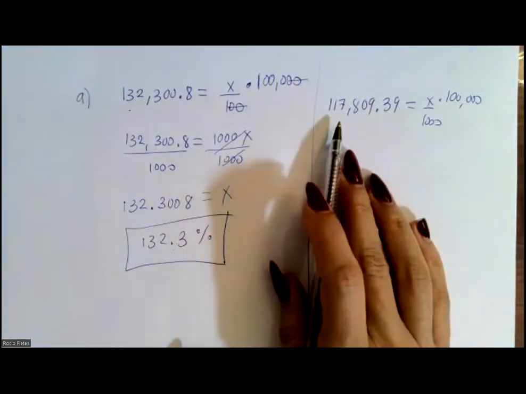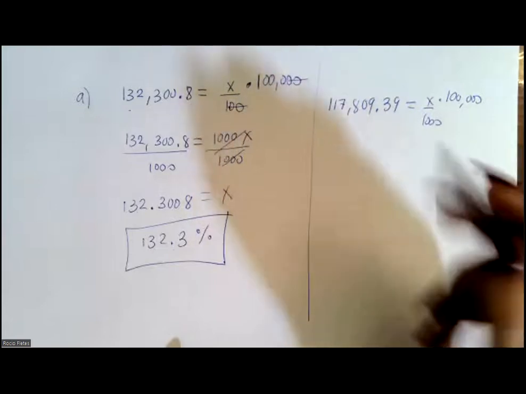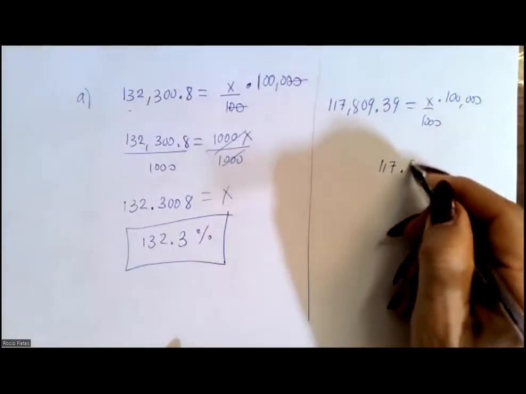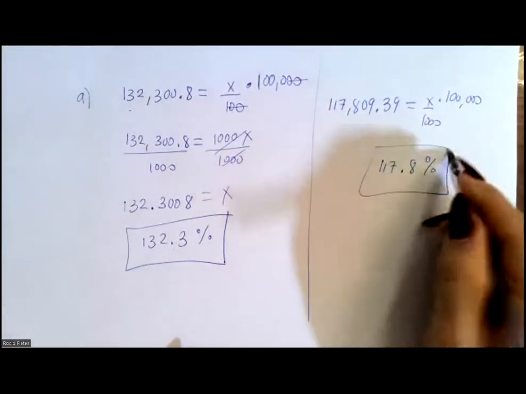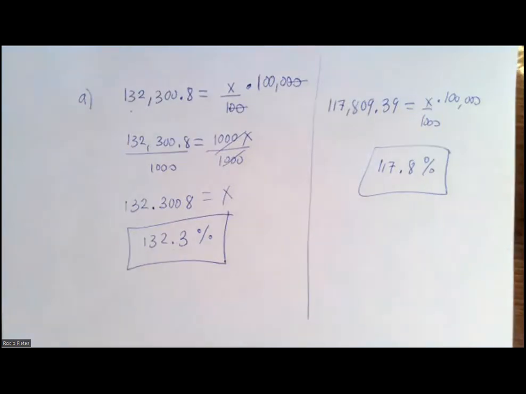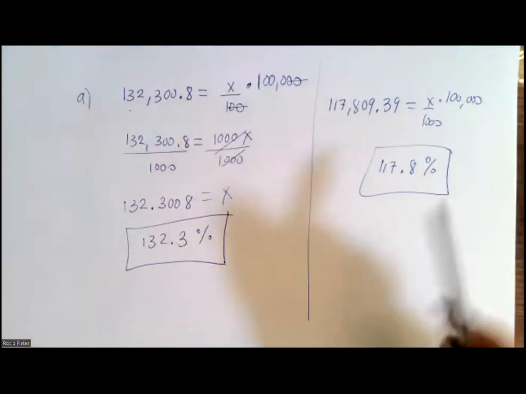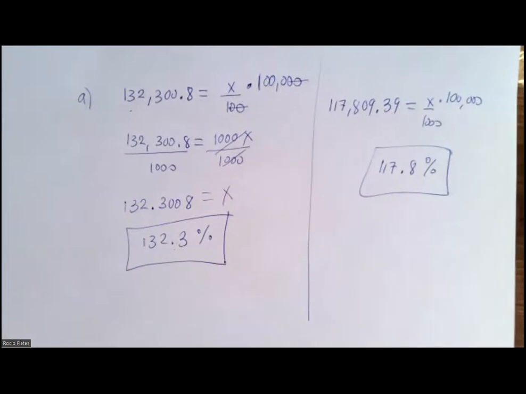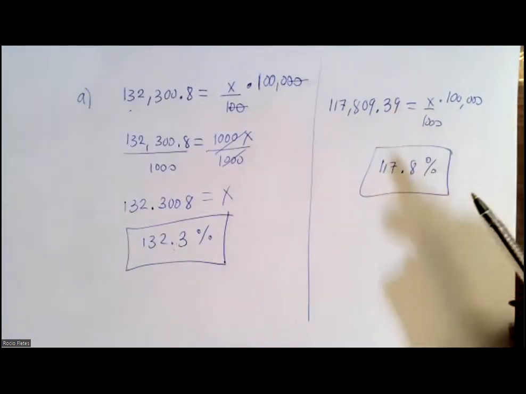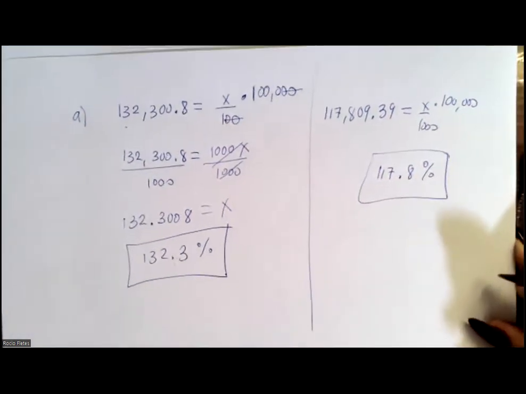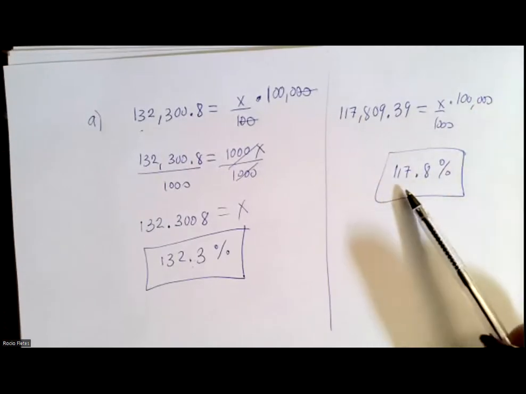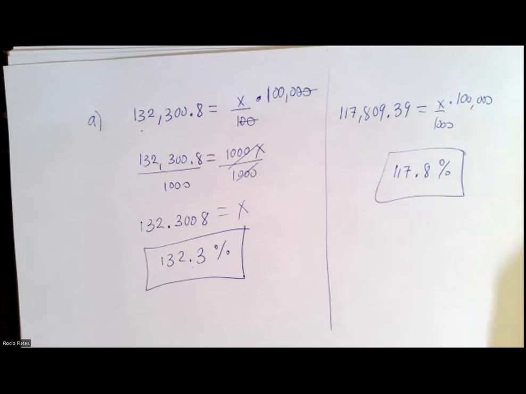And once you solve this, it's gonna be 117.8%. You solve it the same way, doing the algebra, go through the same process and you arrive at this conclusion. So it's cheaper to go with 25 years, obviously, because you pay for the house 117.8% of the mortgage amount,